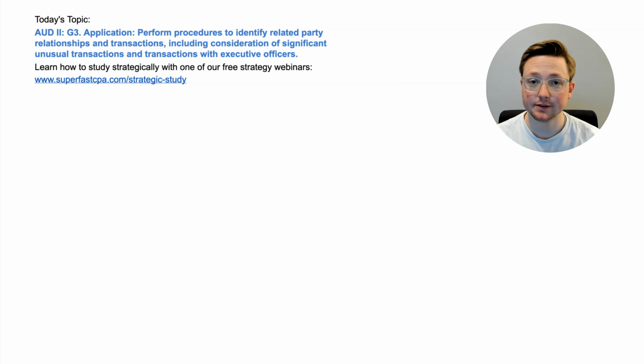I'm Logan, and in today's video, we're going to be going over Audit Area 2. This is Section G3. This is an application topic. Perform procedures to identify related party relationships and transactions, including consideration of significant unusual transactions and transactions with executive officers. And we're going to be doing that the SuperfastCPA way, which is diving straight into the questions to learn the